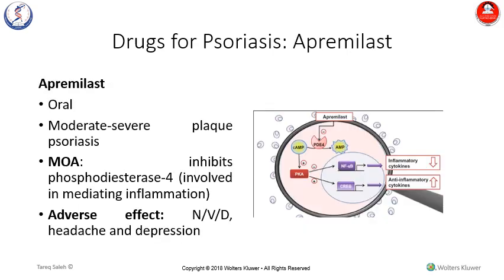Several drugs are used to target the inflammatory process that is involved with psoriasis, and one of those is the drug apremilast. Apremilast is an oral agent that has been approved for the treatment of moderate to severe plaque psoriasis. Its mechanism of action is that it works by inhibiting the enzyme phosphodiesterase 4. And remember from your immunology and biochemistry, phosphodiesterase is involved in cyclic AMP signaling, and the inhibition of phosphodiesterase will